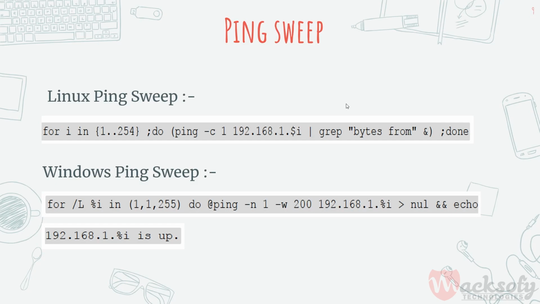You can perform ping sweeping using various tools, but the preferred way which I will be suggesting is to use the scripting way. So if you are doing it on a Linux machine, you can try this bash scripting method to perform ping sweeps, where it will be performing from the range of 1 to 254, and the IP address you can change from here if you want to, and then this $i will be taking the numbers from this part, and then it will be grabbing the echo reply messages, and then will be showing you which host is up for you. And in Windows, the same thing can be done using this way.